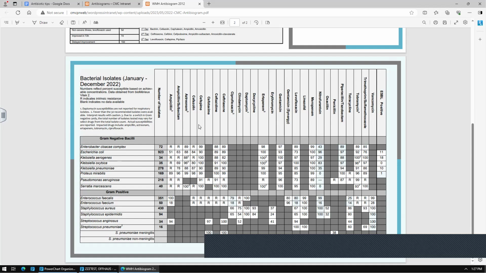And so I've talked to some different people, like one of the hospitalist pharmacists, and then I've done some reading on this. From what I found, you ideally want this number, the susceptibility, to be greater than 90. That's ideal. Sometimes you can go greater than 80, but below that,